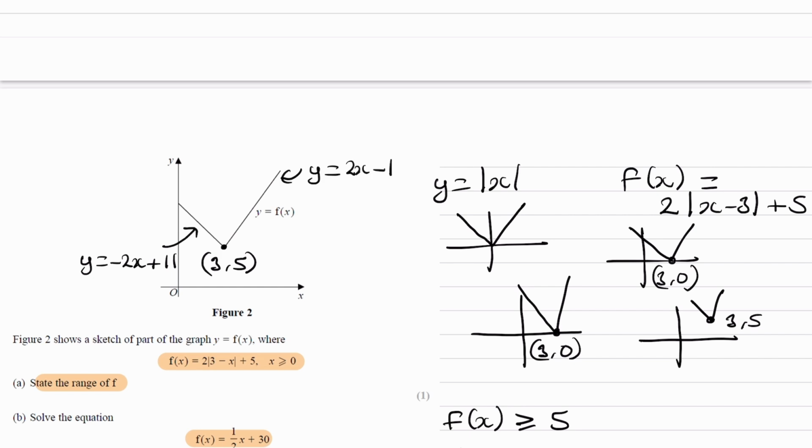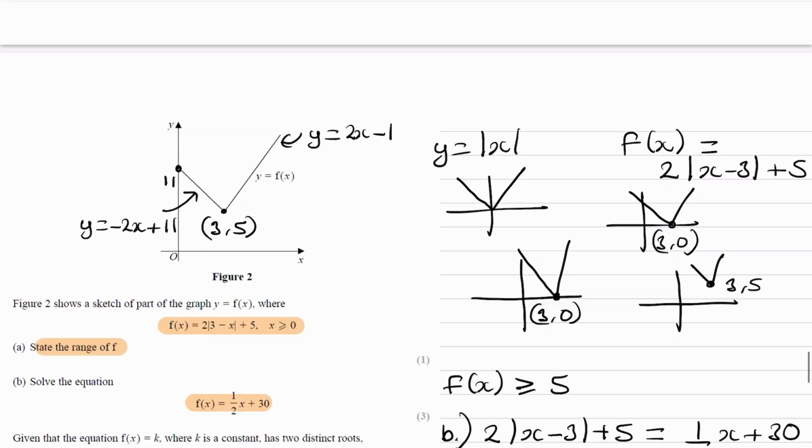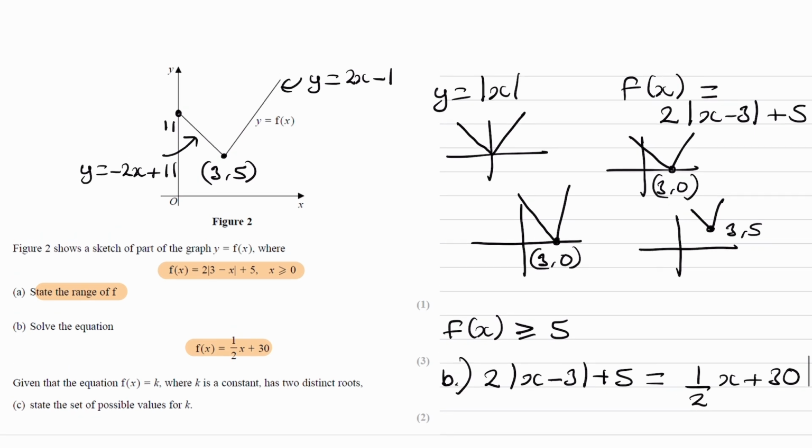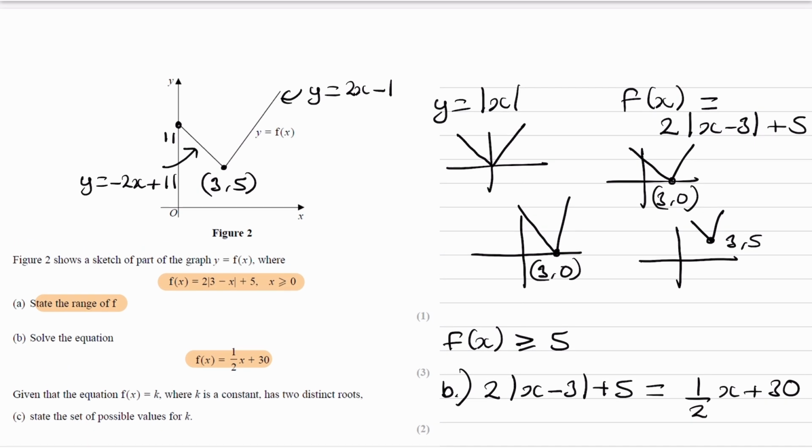Okay, so now we have the equations of those two lines. Next step, work out the y-intercept for the left-hand side line. Well, we can see from the equation that the y-intercept will be (0, 11). I'll just write 11 next to that. And now we can sketch this line over here, the half x plus 30. So half x plus 30, the y-intercept is 30, so it's above the 11. This is not to scale at all, but I'll just put it over here as it makes sketching the diagram